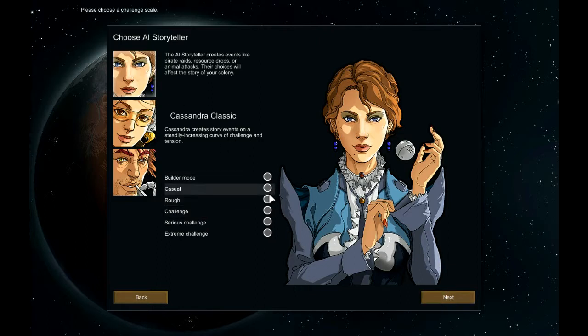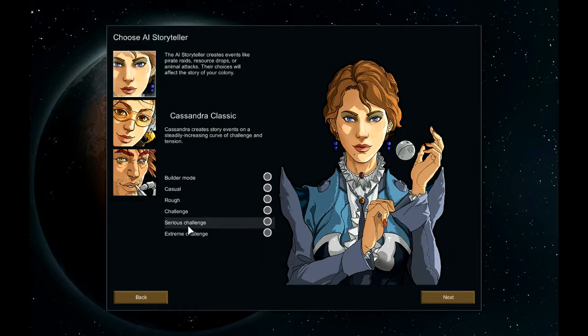No, you actually do need to click one of these. And then here you can go to Extreme Challenge, which is 160% of normal. So if on normal, in one event, you would get 2 raiders. On Extreme Challenge, it will increase from 2 raiders by an additional 160%, so you would get maybe 6 or